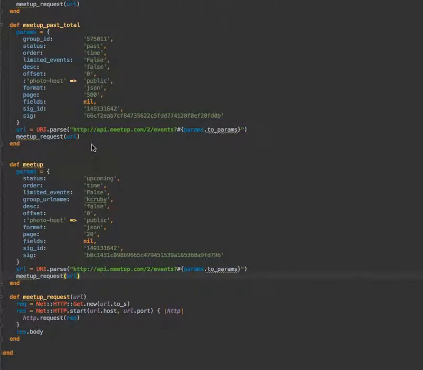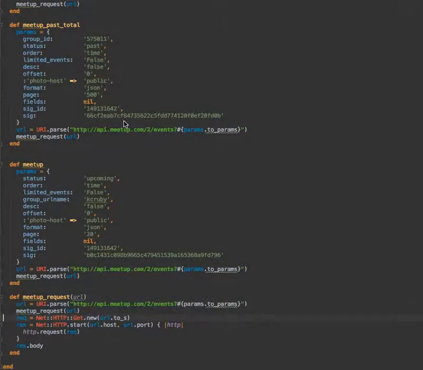Well, what I notice is I've got my params, and then I've got like a base part to the URL. So I think what I'll do, I'll just grab one of these, and I'm going to pull it on down here, put it into my Meetup request. So what I'm passing now is going to be a base URL and my params. I'm going to pass my params down.